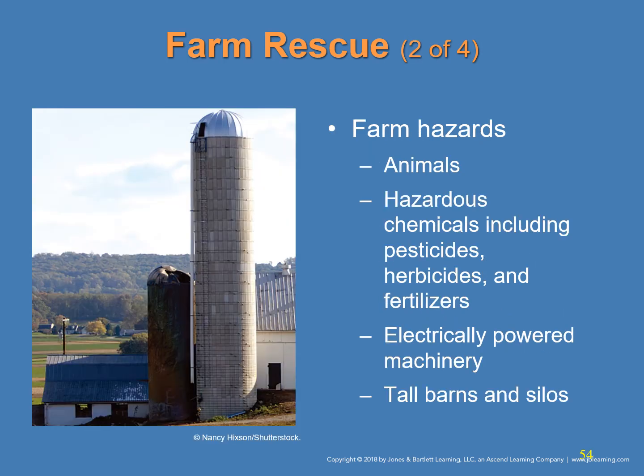Farms contain a wide variety of hazards. Animals can seriously injure farmers and pose a serious risk to rescuers. Farms contain a wide range of hazardous chemicals, pesticides, herbicides, and fertilizers. Farms use many types of electrically powered machinery. Be alert for the shock hazard posed by the presence of electrical lines and electrical devices on any part of